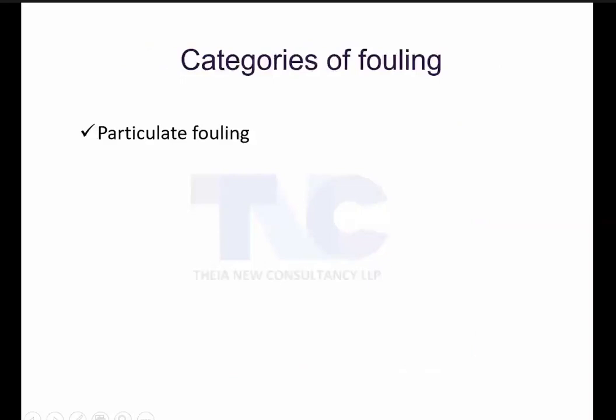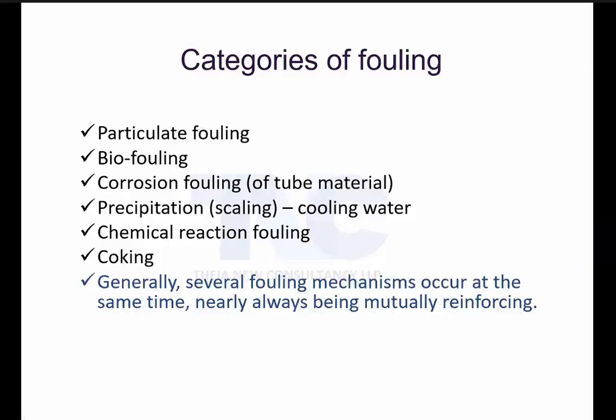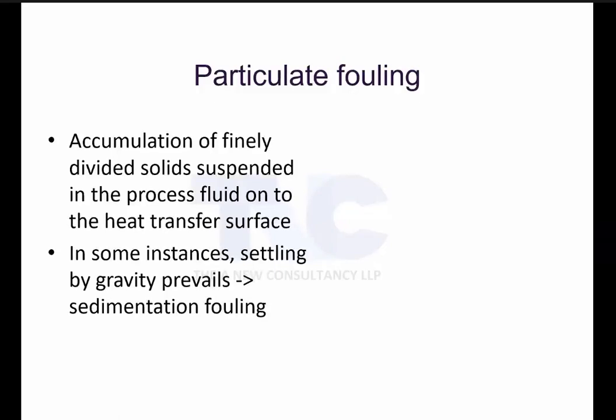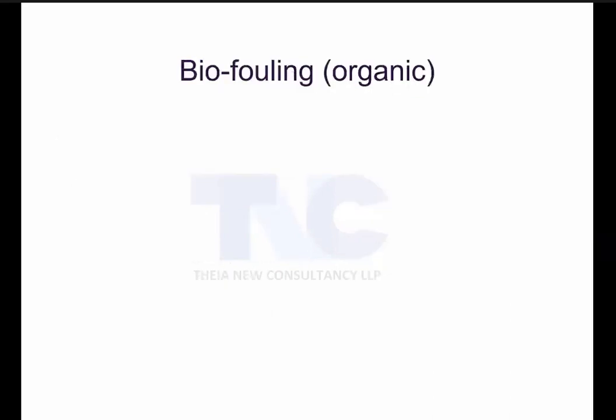Now there are too many theories, and time is very limited, so I want to go a little bit fast. Particulate fouling, biological fouling, corrosion fouling, coking, chemical reaction fouling: there are many fouling mechanisms. Particulate fouling is when you have small particulates in your stream; those suspended solid particles will stick, slowly attach to your surface and cause some fouling. Then biological fouling: organic matter, bacteria or fungus give some biological fouling.